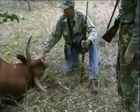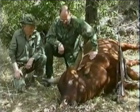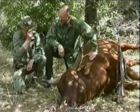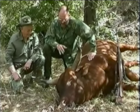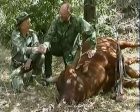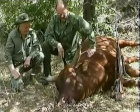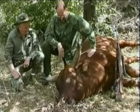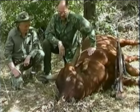Good size set of horns. That's just a nice color to the hide. Here we are in Queensland, Australia, and I have to congratulate you. This is your last animal that gets you to qualify for diamond level of SCI for the inner circle. Well, thanks, Dale. It's been quite an experience. But all I can say, this may be a